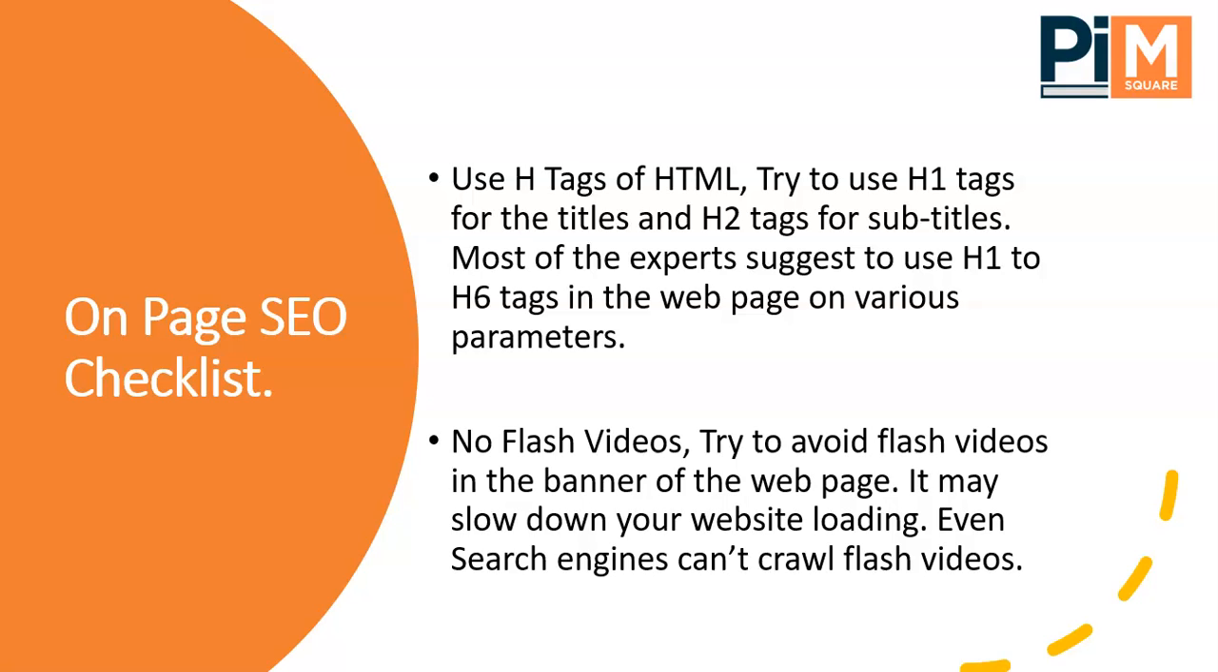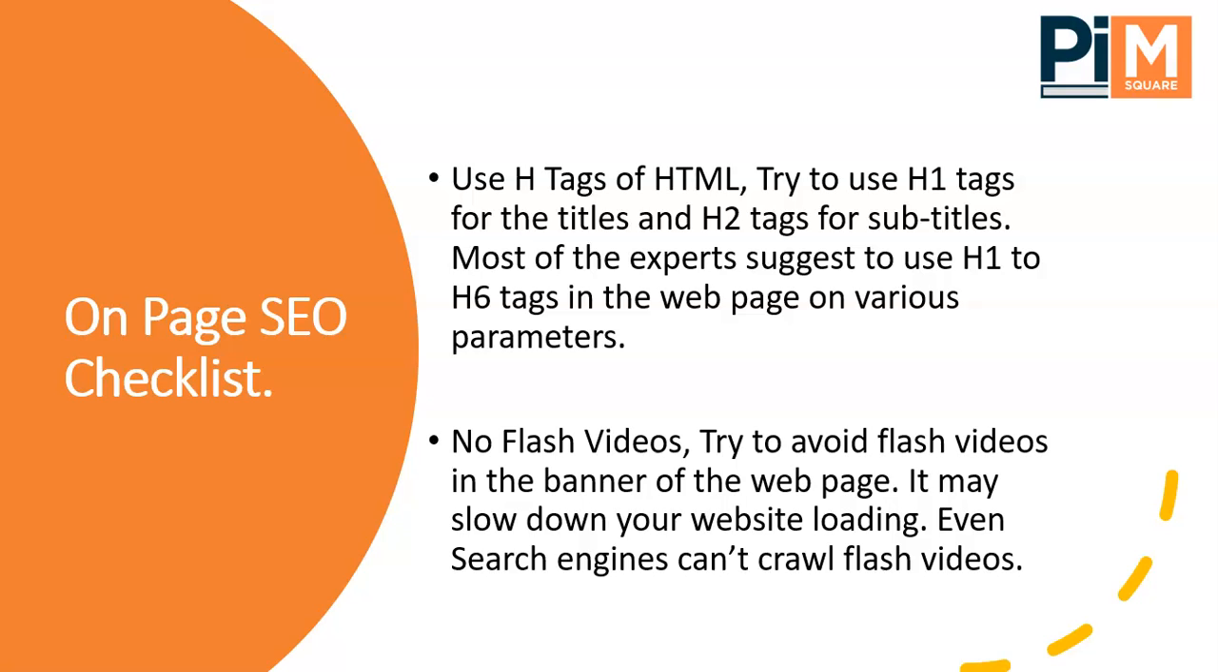In the same way, in the HTML we have header tags. Header tags are from H1 to H6. We won't go into the technicalities of HTML header tags in depth, but as per SEO, we should consider H1 tags for the top titles and H2 tags for the subtitles. You can use H1 to H6 throughout the page,